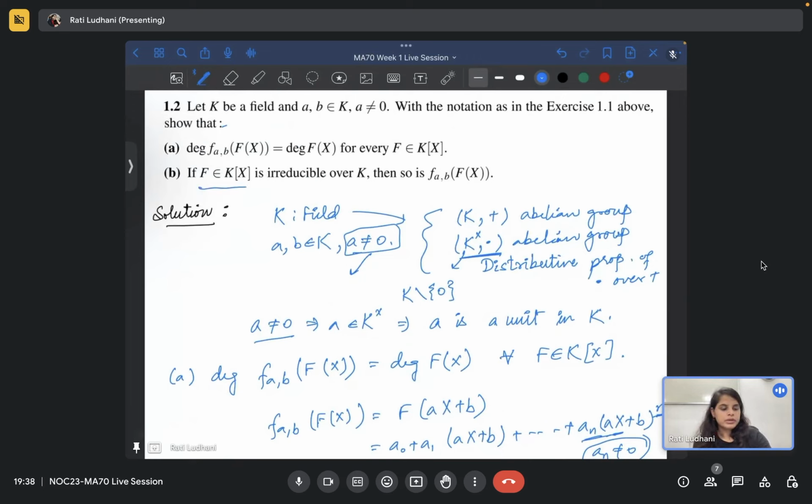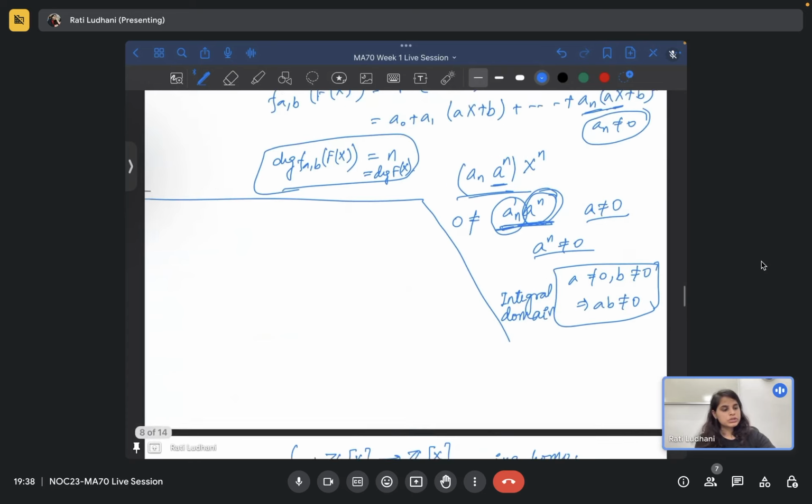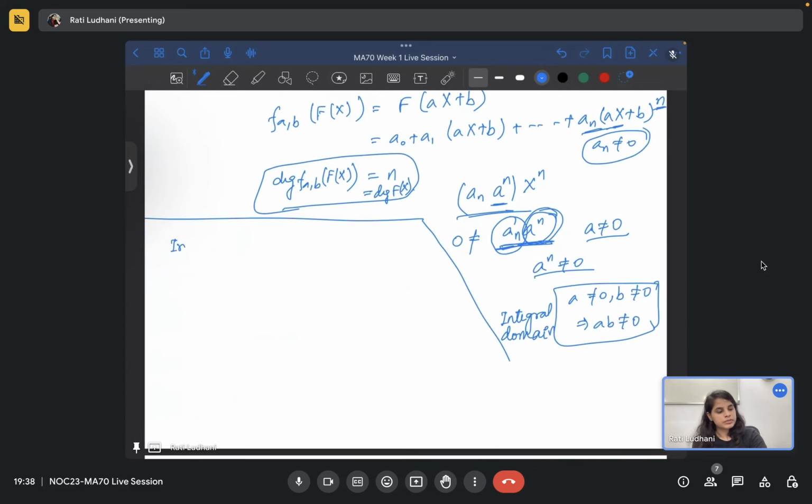So let's see the second part. If f belongs to k[x] is irreducible over k, then so is F_{a,b}(f(x)). So you have again the same thing. a is not equal to 0, so it's like this is invertible. Now f is irreducible. So irreducible means, irreducible element of a ring. Now the ring is R[x] right now,